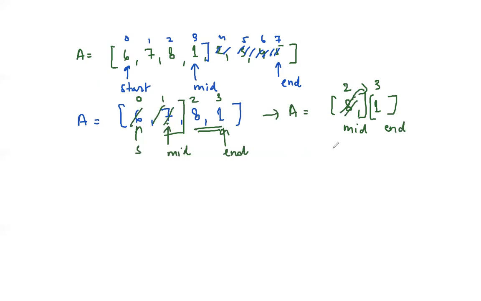If you are left with only one element in the array, then it has to be the minimum, right? So if I give you an array of one element and I ask you, hey, what is the minimum in this array, what will you return? That element itself, right? So if you are left with only one element, you can just return it. That will be your minimum element.